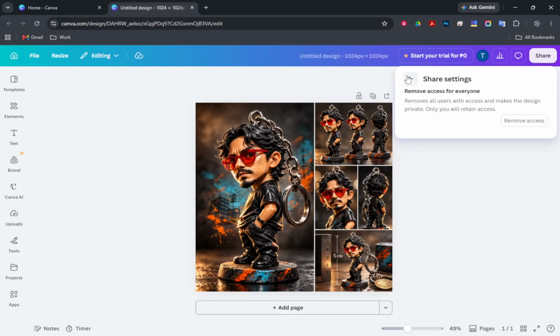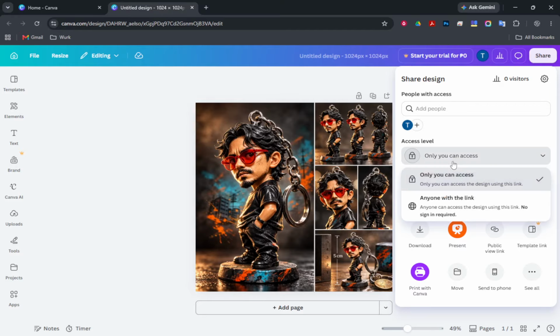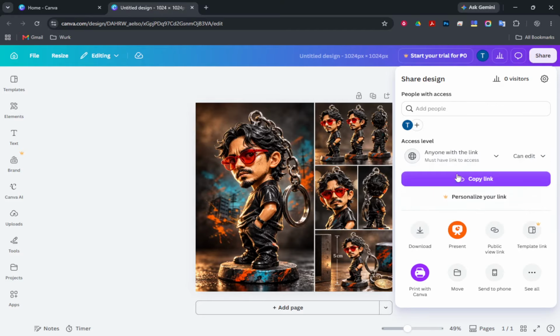The change is saved automatically. You will not usually see a save button here because Canva updates the sharing setting the moment you choose it. If you reopen Share, you should see your chosen privacy level still applied.